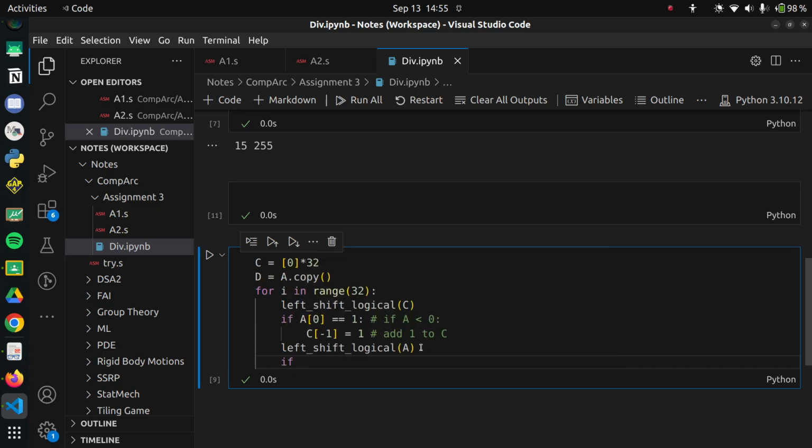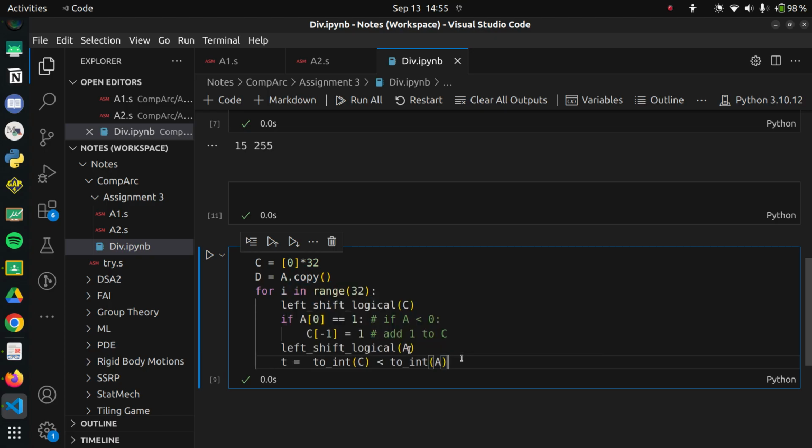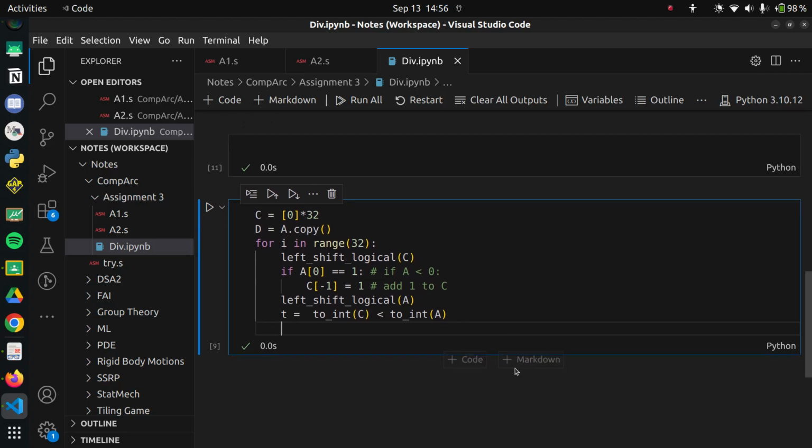So if to int, I know this is really problematic, but I don't have any other choice. So if this is less than to int A, right? So actually let's put that in some sort of a container. So let's just call it x, or something like t for temporary variables. But yeah, so if this is true, then we set t to 1, right? So set t to 1 if whatever. Okay, true,